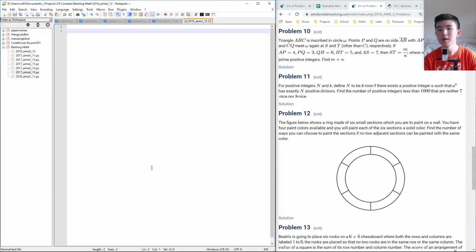The figure below shows a ring made of 6 small sections which you are to paint on a wall. You have 4 paint colors available to you, and you will paint each of the 6 sections a solid color. Find the number of ways you can choose to paint the sections if no 2 adjacent sections can be painted with the same color. I think normally you just do this with casework, and casework is made a lot better